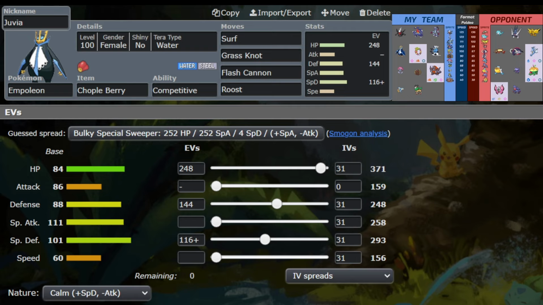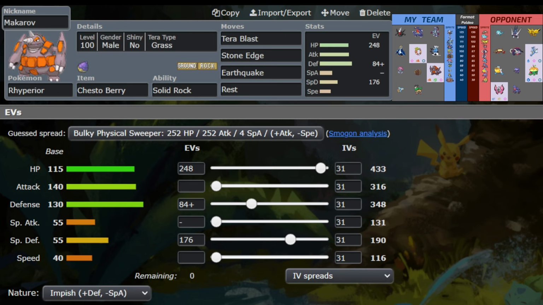Lastly, I have Flash Cannon because of the Tera Fairies. I need to be able to hit them with some mons because, as you saw, we didn't bring Sludge Bomb on Darkrai. Having Flash Cannon on this just kind of is security a little bit. And lastly, the member that is probably the true MVP of this team, Makarov the Rhyperior with Chesto Berry, Solid Rock,